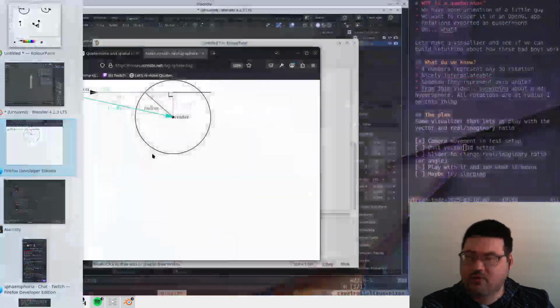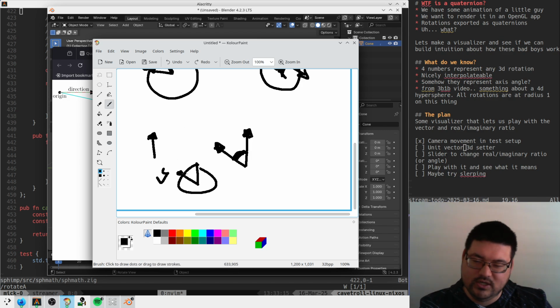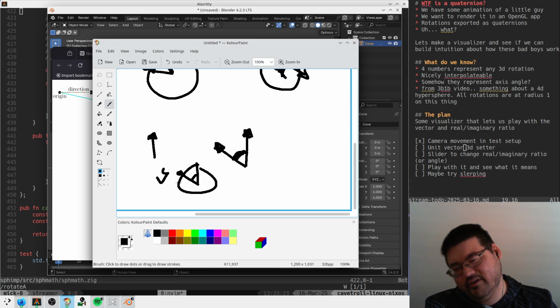How are we representing this thing? We're going to have some point on the sphere in XYZ. So we have some y value here. This rotation is going to be what? Like,